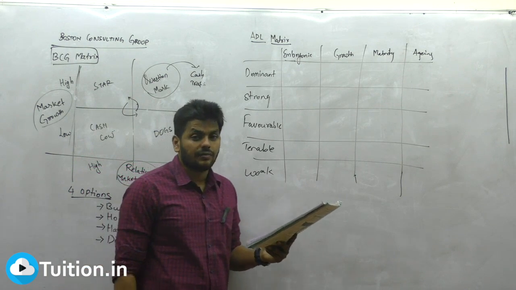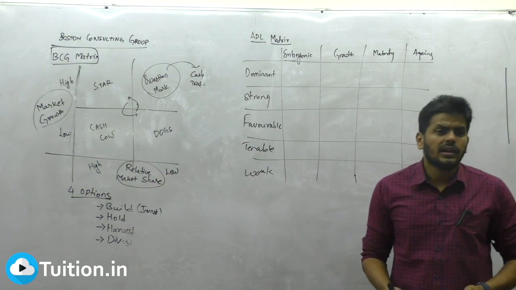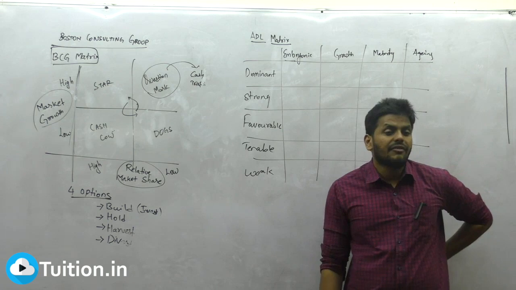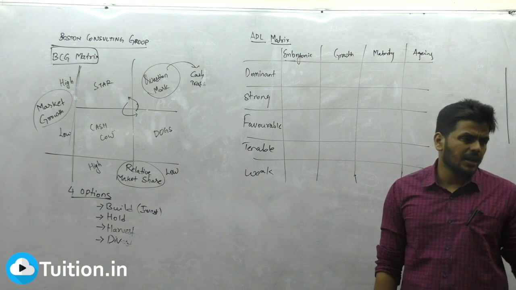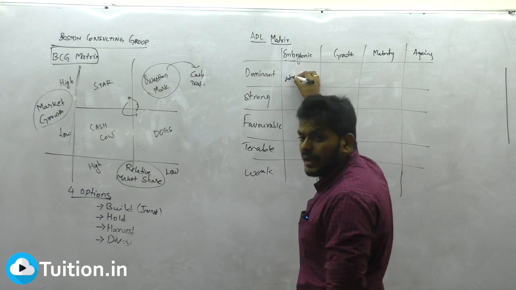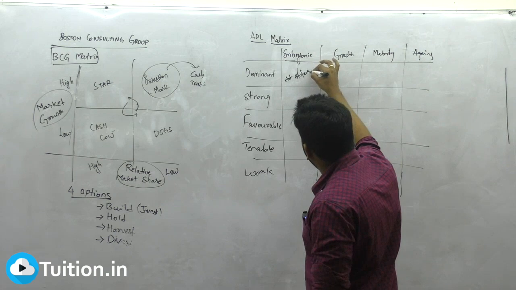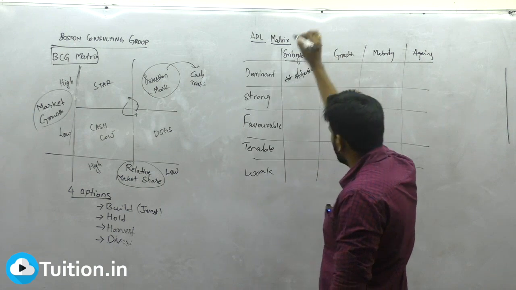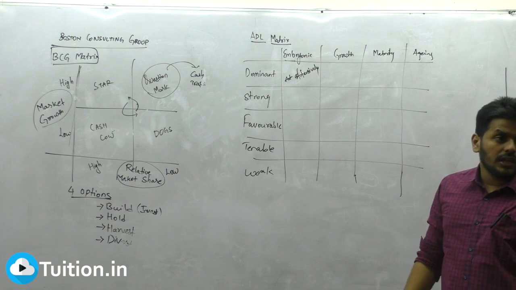Try to grow fast. Build barriers. Build barriers means what? Don't let others come in, and act offensively. Do they have the money to act offensively? Do they have the name, money and all that? So a dominant company, when it's introducing a new product, will stop others from entering and will act offensively on all others. Act offensively.